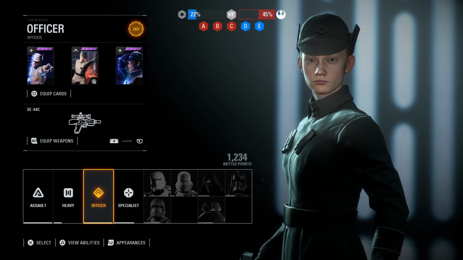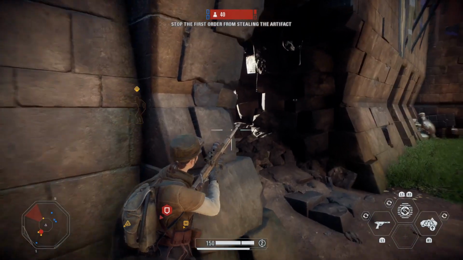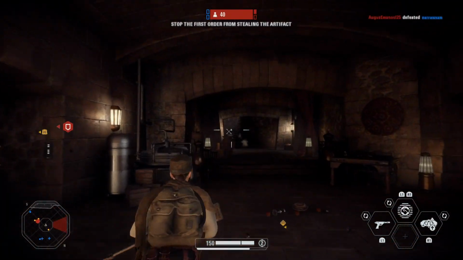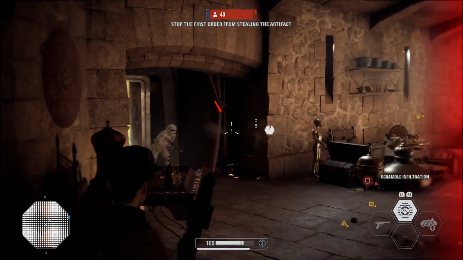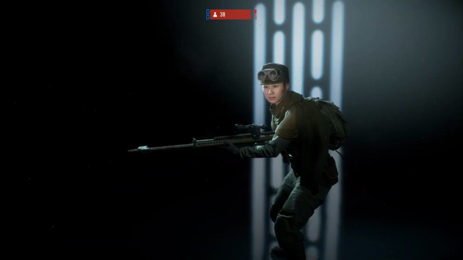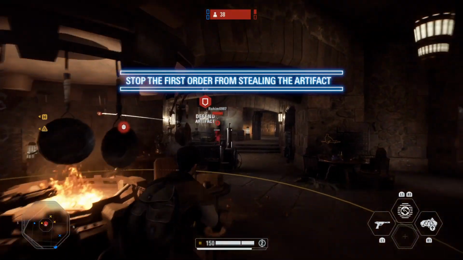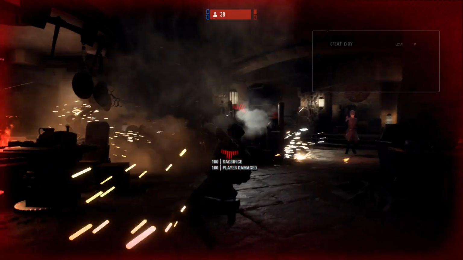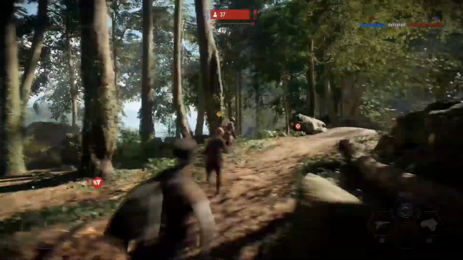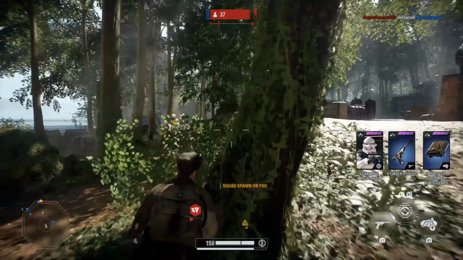So, yeah, guys, let's move on to the specialist in the game. It's a she, and the officer too, and then the heavy and the assault are the boys. Getting into the specialist. The specialist, if you didn't know already, is the sniper class for Star Wars Battlefront 2. The sniper is actually really good at sniping ranges. I don't recommend using him on the planet I'm on because,